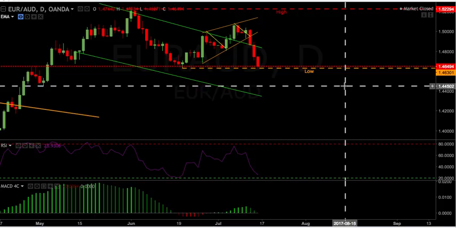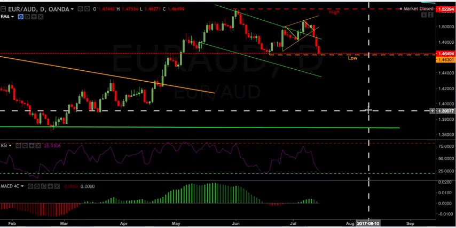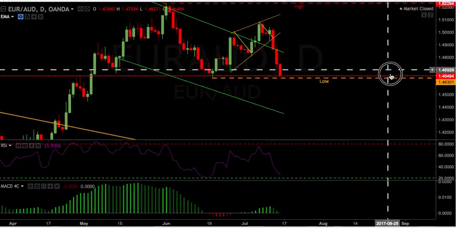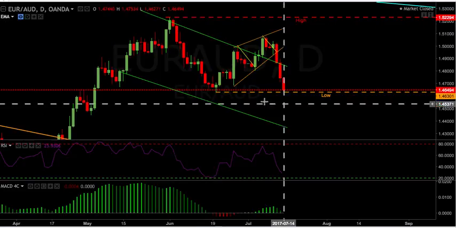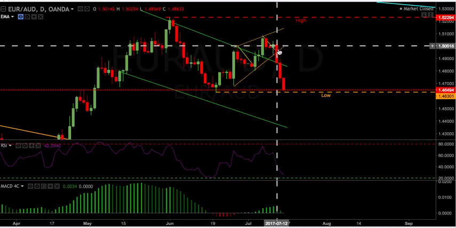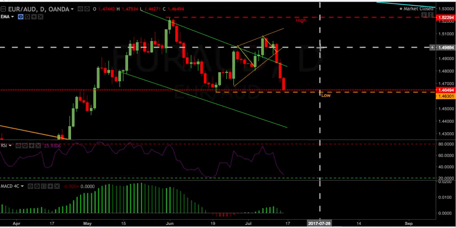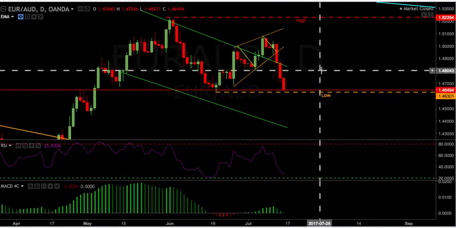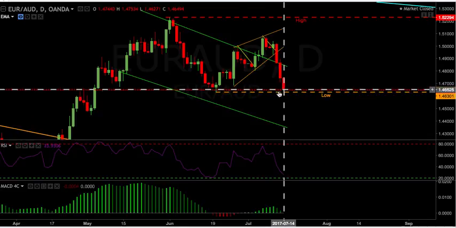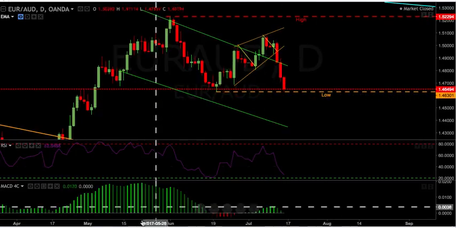Okay, Euro and the Aussie dollar gave some good trades last week. On the daily chart, you see we have a current high we're working with and the low. Price is about to breach that low, and we have some very strong bearish candles here. So I'm not expecting price to reverse at any time. I'm expecting price to breach this low and give us a continuation pattern